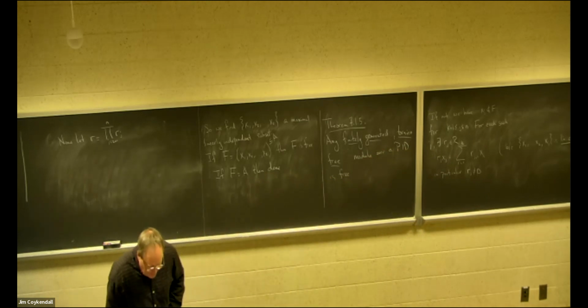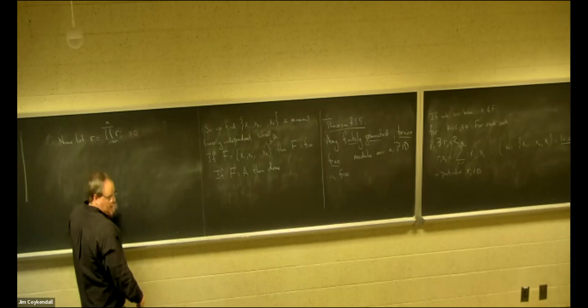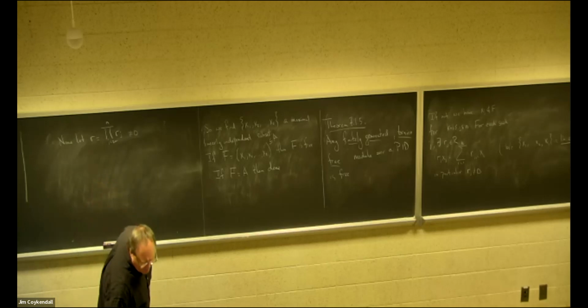And I get that this, of course, is not zero because R is an integral domain and all these r_j are non-zero. And let me point out that